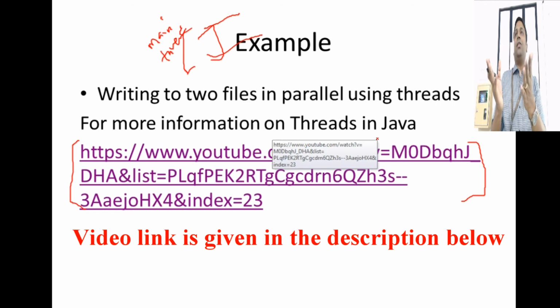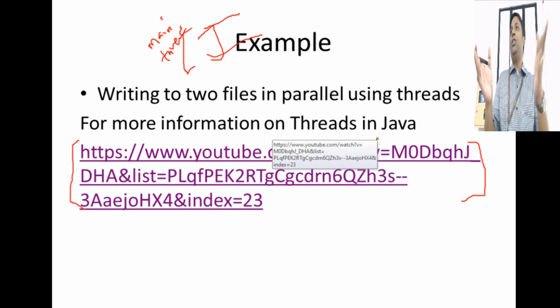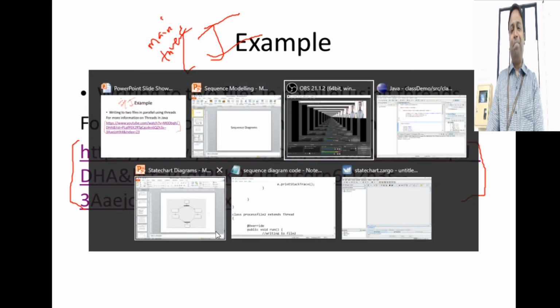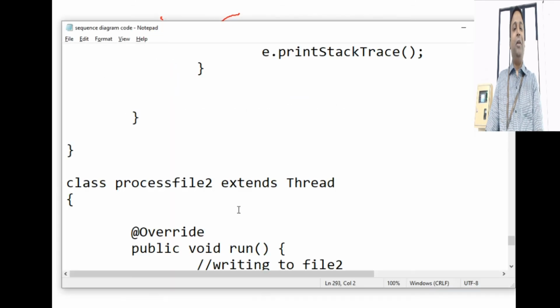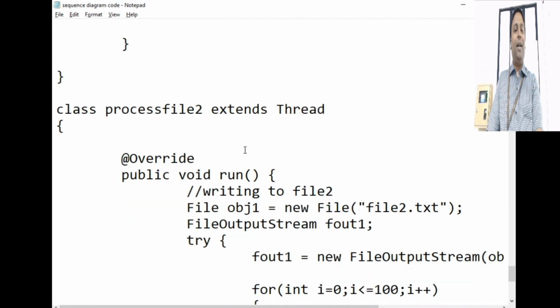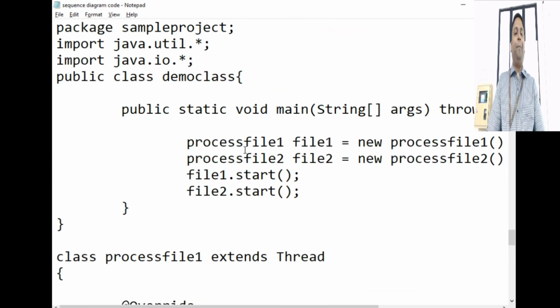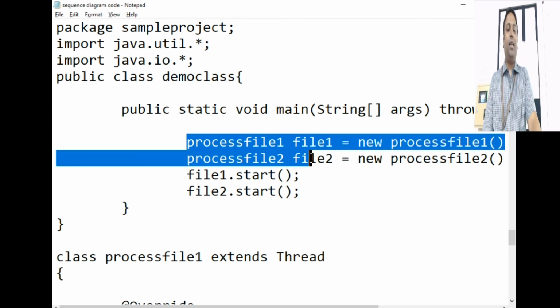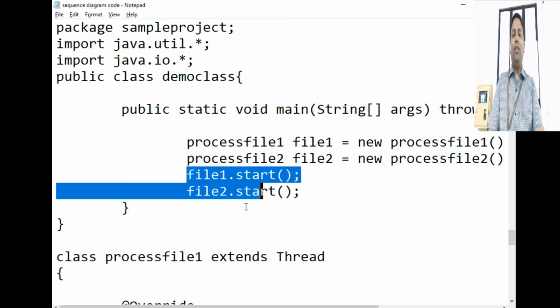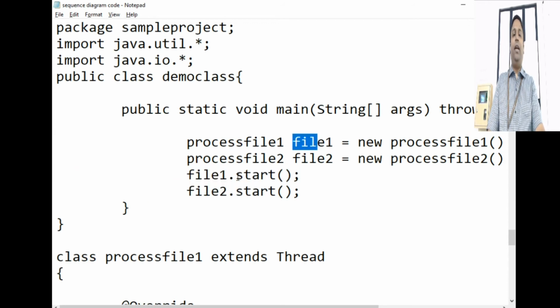I have two files. I'm writing parallelly to these two files using threads. I'll just show the code. For people who understand, it's fine. For those who don't understand, please visit that. So here, I just show this code. You see here, I have two objects created and each object will be writing to a particular file. And each object is nothing but a thread. So I'm just calling file1.start, file2.start. These are nothing but objects of this particular class. And dot start is nothing but a thread that is getting started.